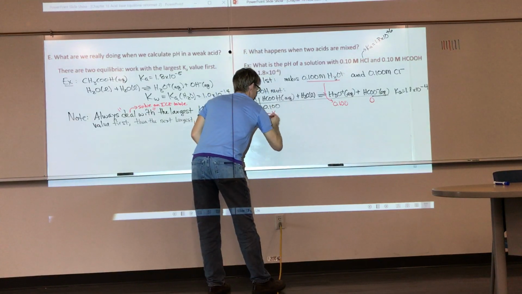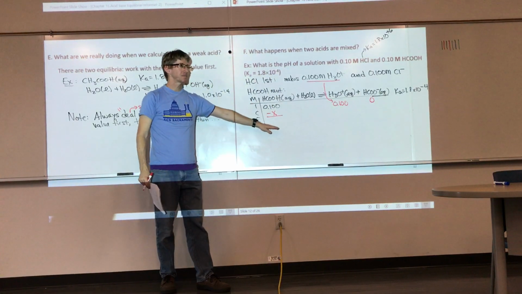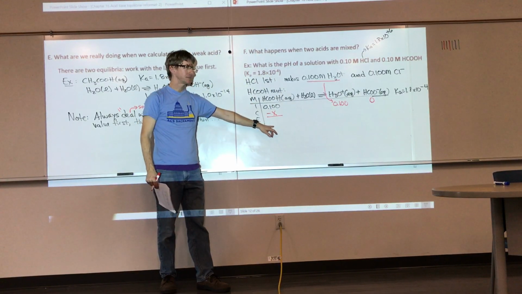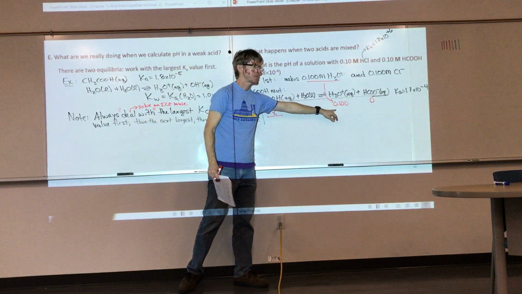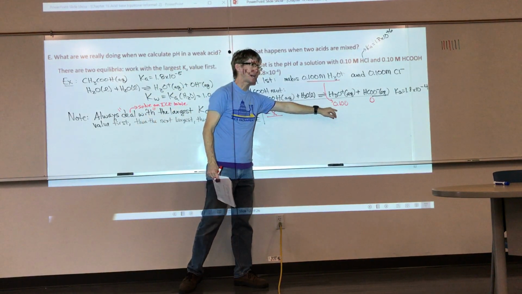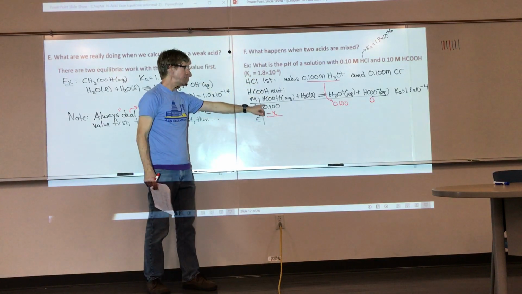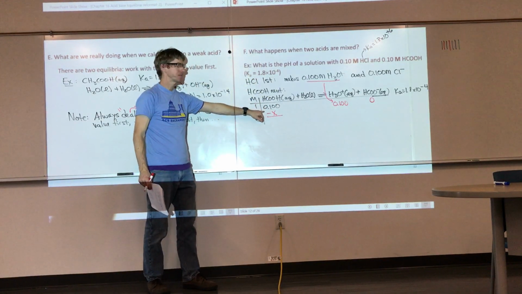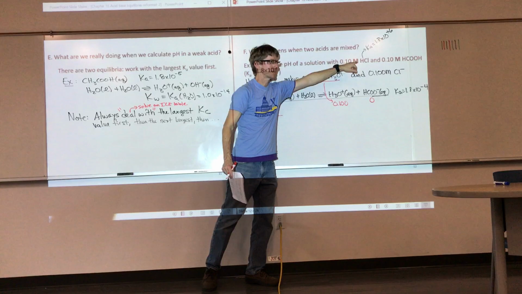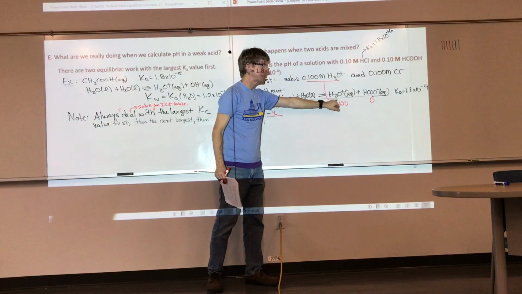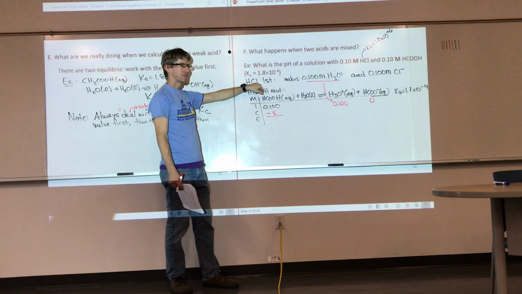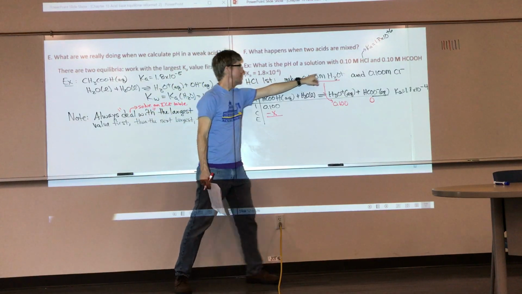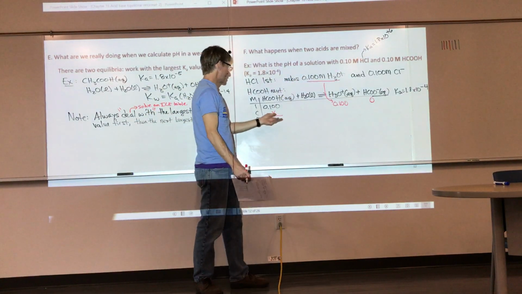Would it be minus 0.1? Or I'm sorry, let's take a step back. We know we have 0.1 molar formic acid. That was in the problem statement. This 0.1 molar hydronium comes from the HCl. Here, I think I added an extra 0,